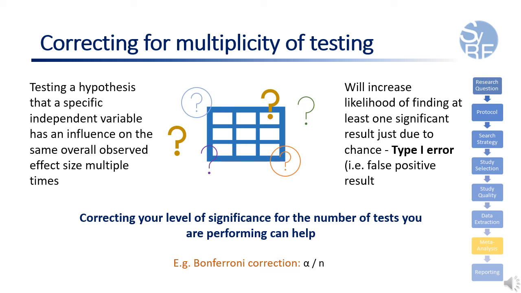However, it is also important to know that the more conservative a test is, the more vulnerable your results are to type 2 errors, which is the opposite and is when you fail to identify a true positive result. There are a number of different tests out there that can be used to correct for multiplicity of testing, including unadjusted least square means comparison, Bonferroni correction test, Scheffé test, and a Tukey's range test. In our work, we tend to use Bonferroni correction, which essentially divides the desired significance p-value threshold by the number of tests that are being performed. But note that Bonferroni correction assumes that individual tests are independent, which may not always be the case.